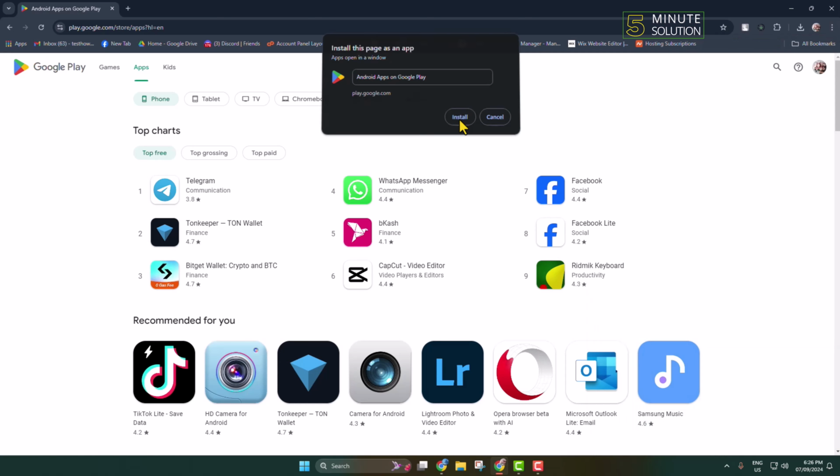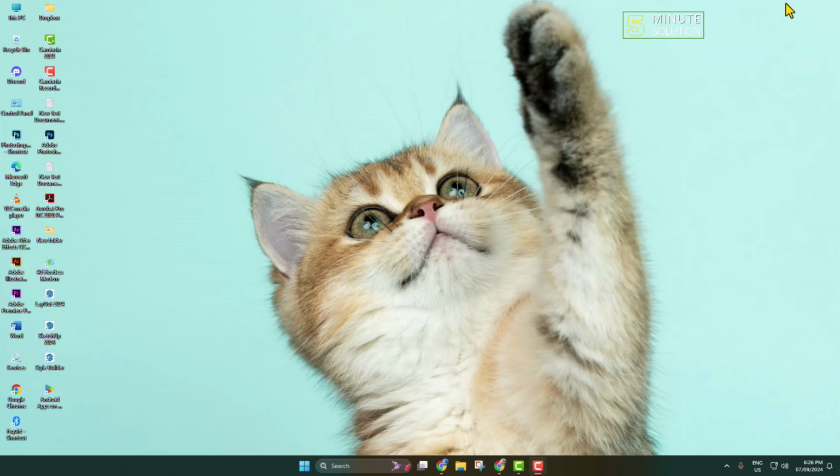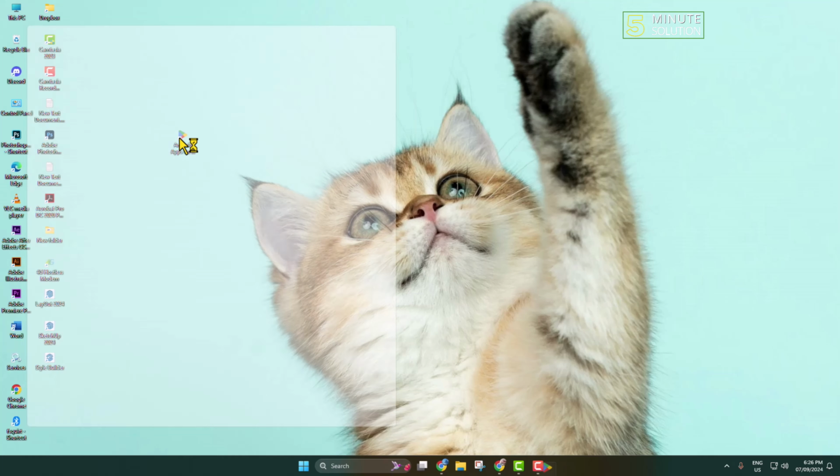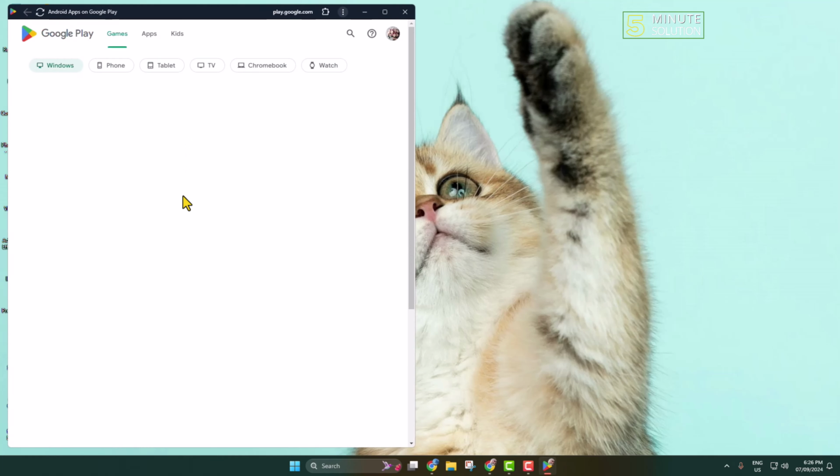Click on install. Now go to your computer desktop and here you will find Google Play Store. Open Google Play Store, and to directly install apps or games to your mobile device from your computer Play Store,